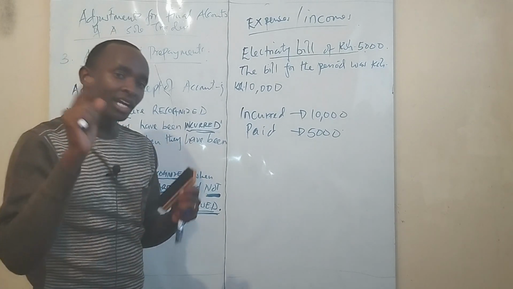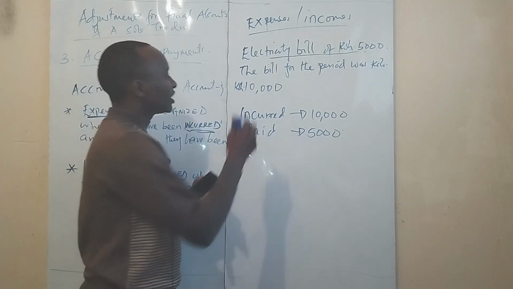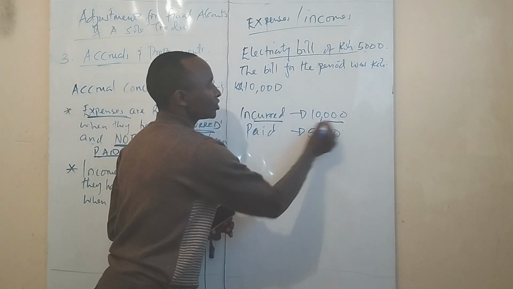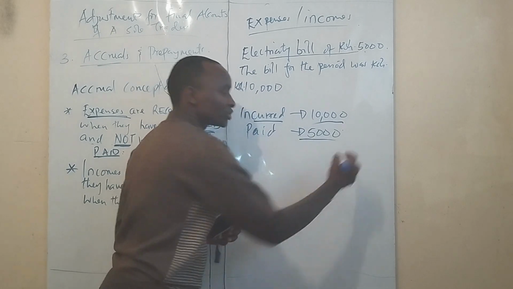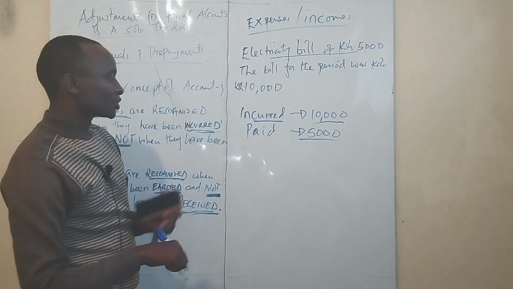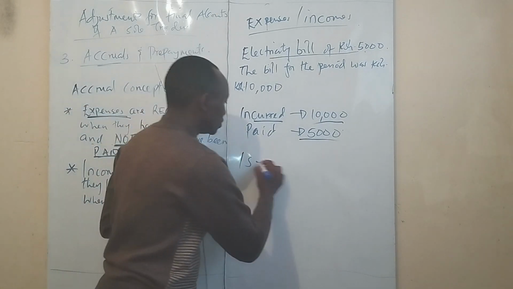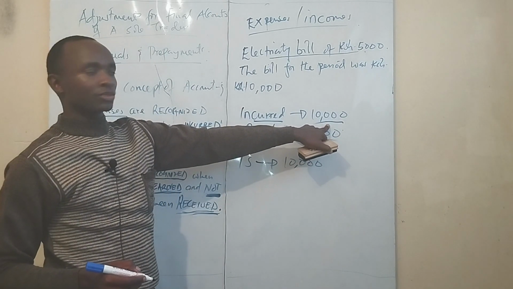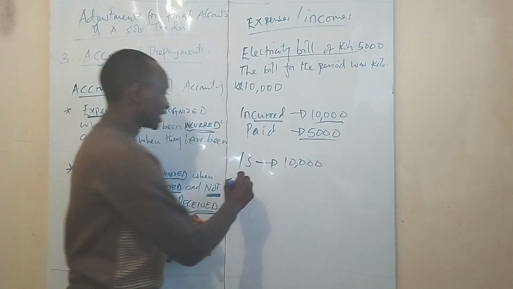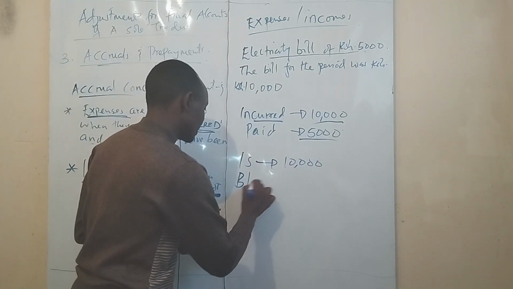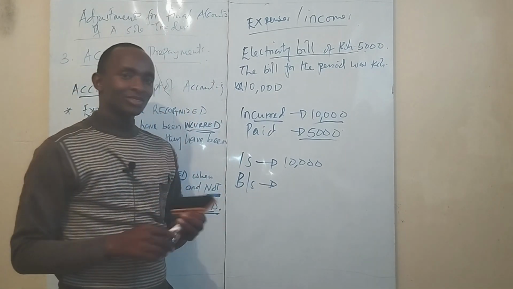Right? So in the income statement, according to the accrual concept of accounting, we recognize what was incurred, the total incurred, what was consumed in electricity, and not what was actually paid. Are we together? So in the income statement, you will take the full incurred 10,000, to be compliant with the accrual concept of accounting. And then in the balance sheet,